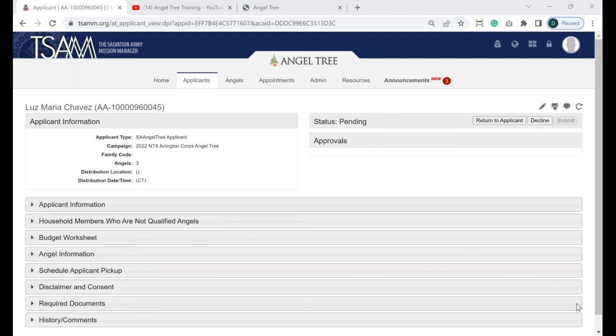Barcodes can be created for each angel and printed on tags. They can also be created for each family, which helps you during distribution to be able to quickly identify and pull up a family. So there is a video about that. I would recommend you take a look at that. And if you have specific questions about barcodes and how to use them,